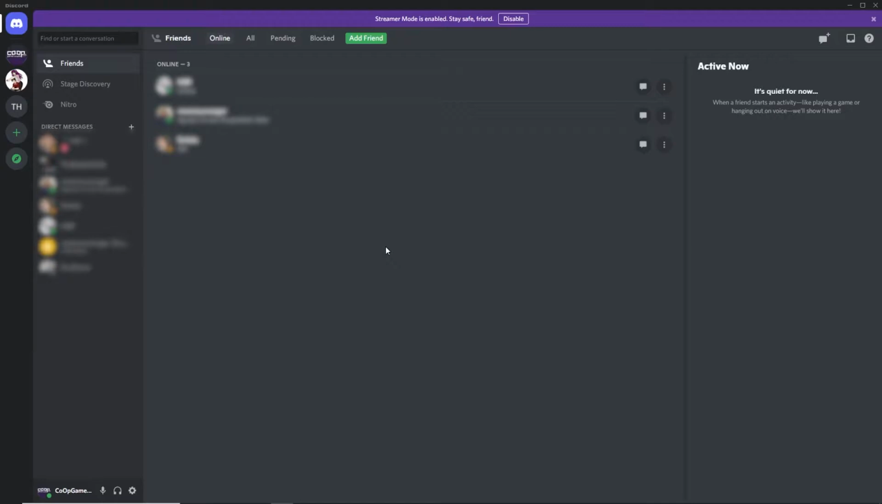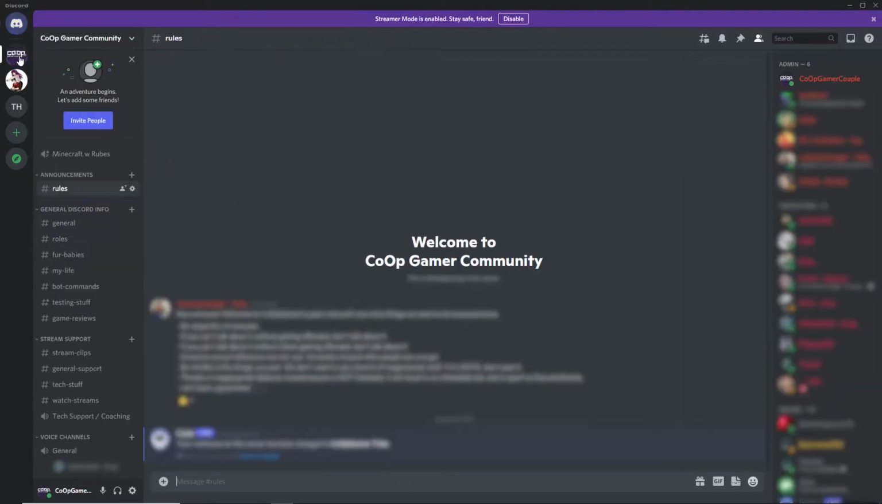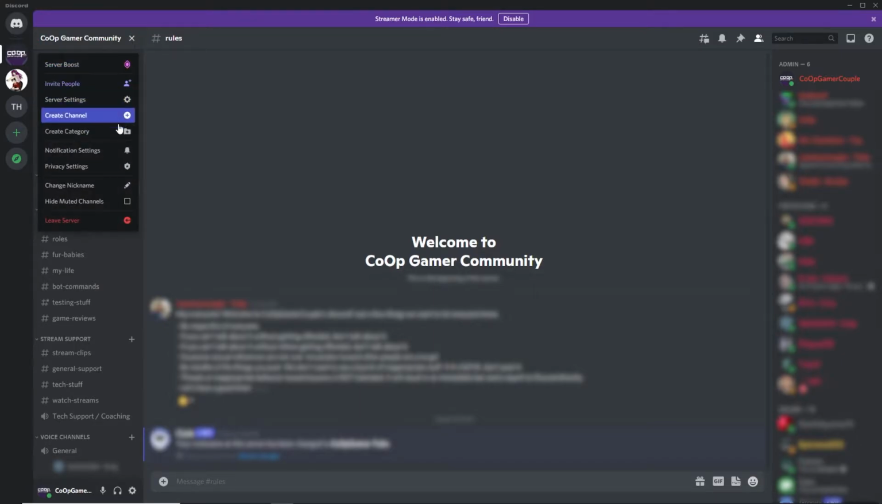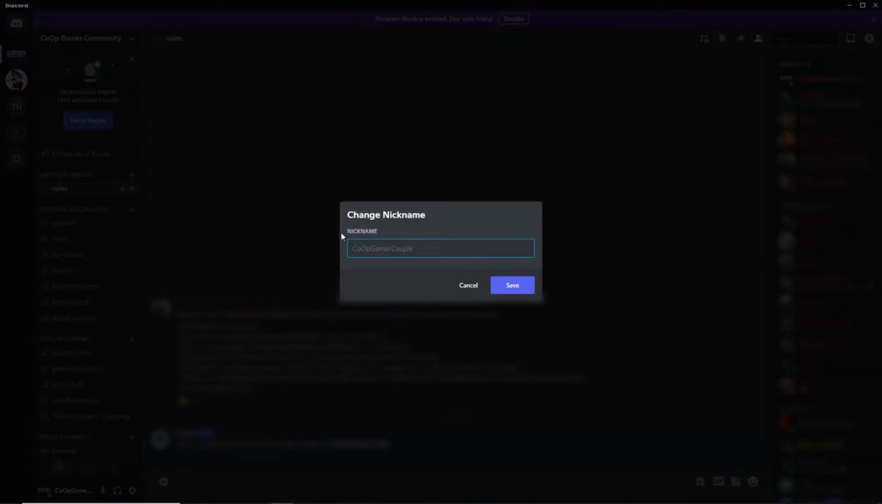To get started, open up Discord and then select the server that you'd like to use a different nickname on. At the top, you'll see the server name. Select that drop-down and near the bottom, you'll see Change Nickname. Click that and you can set a new nickname for this server by typing a new nickname, and then select